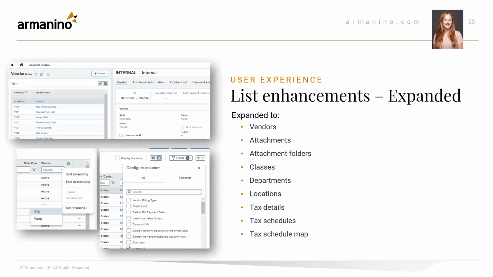And then an explanation to our trick question here is the list enhancements. I know we've been talking the last several releases about the list beta interface, and previously it was only available for vendors. So when you're in the vendor list, you have the option to click switch over to the list beta interface. So that has been expanded to some attachments, and then also some of your cross-entity dimensions, your classes, departments, and locations, and then also a few different tax list screens. So we're not quite to moving it